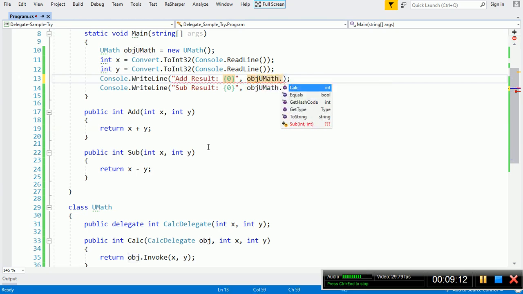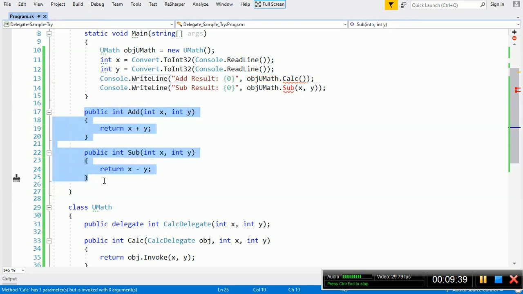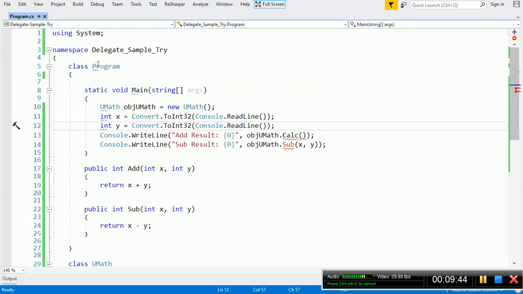So I will use this umath.calc. It accepts a delegate of type calc delegate, and then it accepts another 2 arguments of type integer. So I will pass all this to this. Here the first argument is the delegate which accepts 2 integers and has to return 1 integer. So these match exactly the signature of this delegate. So first of all, in order to access these 2 functions, I want to create an object for this program class.